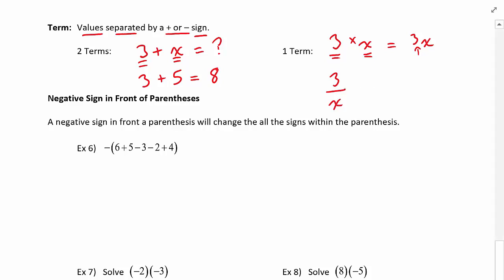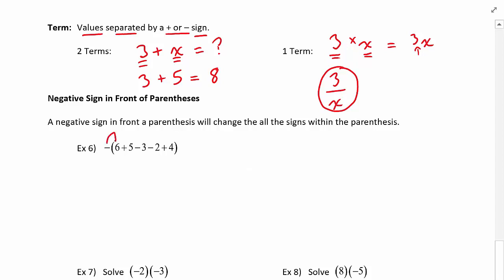So in case this is one single term. And this will be important later on when we get into more complex mathematics. What does it mean when we have a negative sign in front of your brackets or your parentheses? Remember, parentheses here group all those numbers together. The 6, the 5, the 3, the 2, and the 4 are inside those parentheses. So they're grouped together. So what we have here, we have this negative sign outside the brackets, and it must